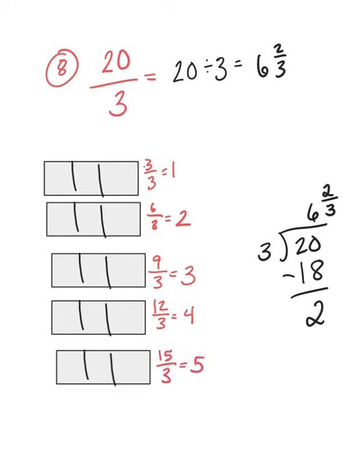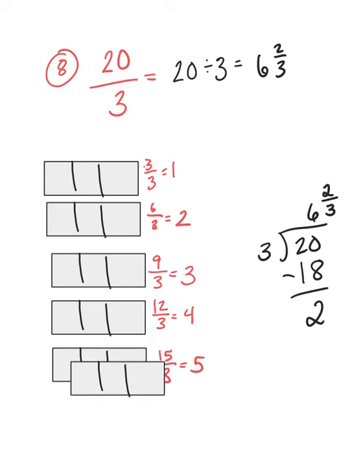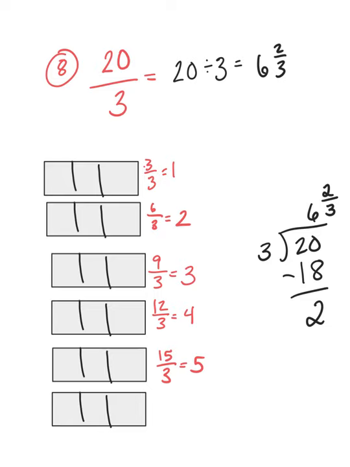15/3 is 5 wholes. Oops, and then 18/3 is 6 wholes. So if I shade all of these in, that's 3/3, 6/3, 9/3, 12/3, 15/3, 18/3,